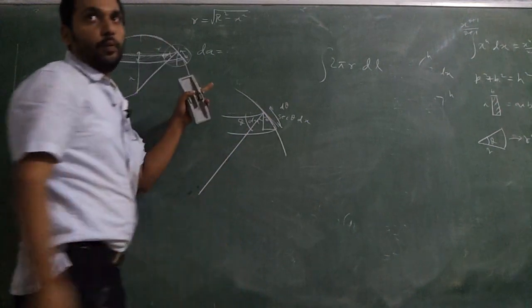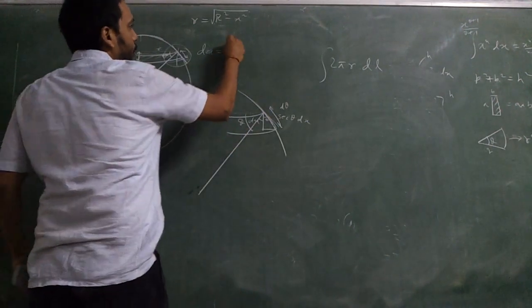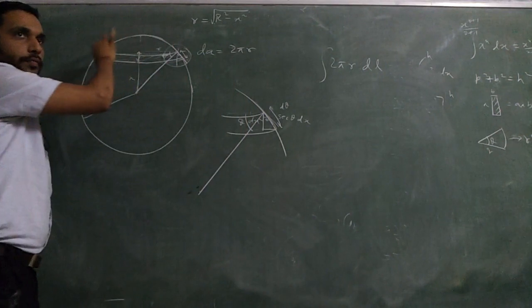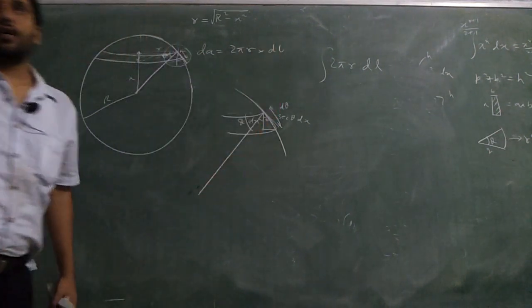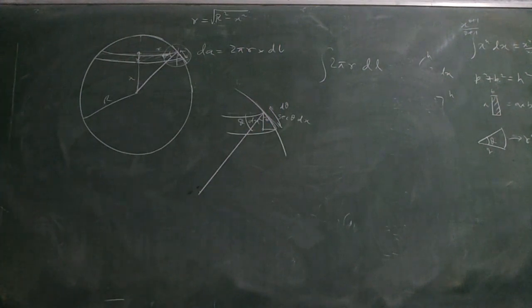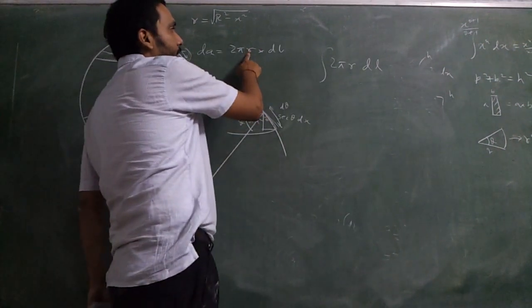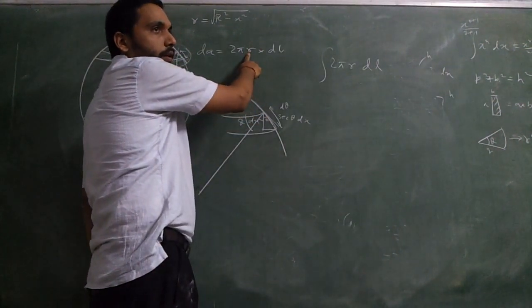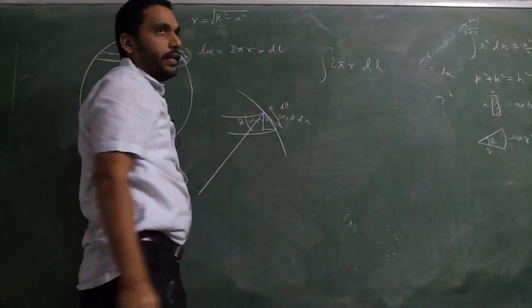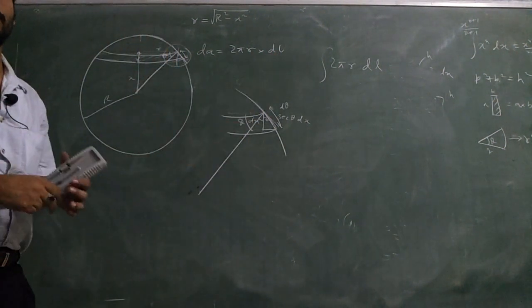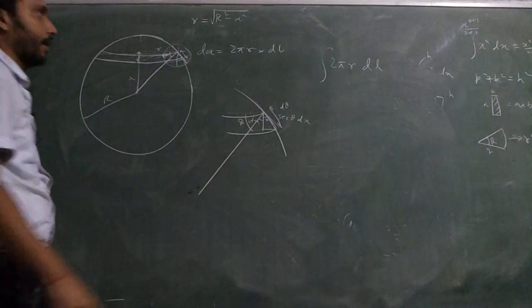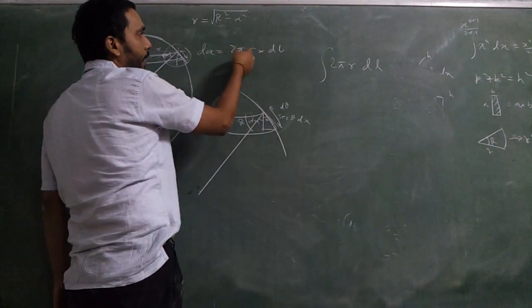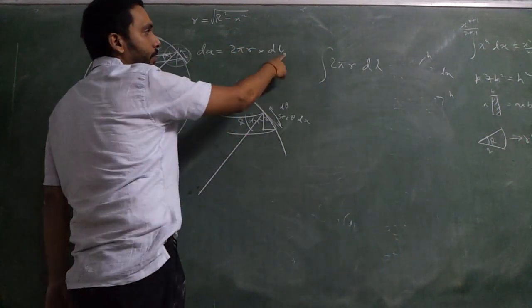Nupur, pay attention. This is 2 pi r, the circumference, into the slant length dl, integration, which will be your surface area, or not. Everything, this is not in terms of x, this is another variable, not in terms of x. Everything I'll have to write in terms of a single variable, x or theta or something, so that I can do the integration. Otherwise I can't integrate different variables.